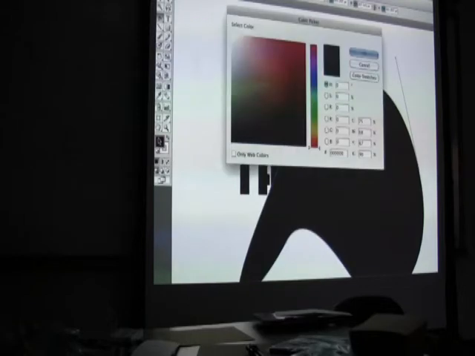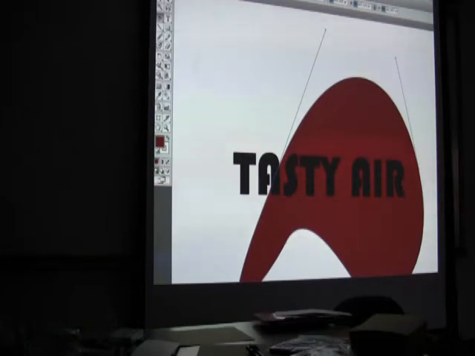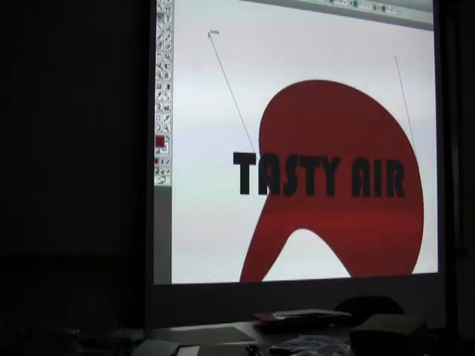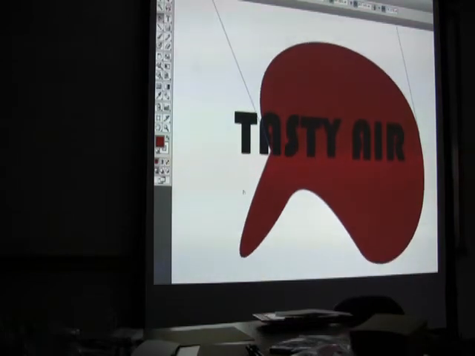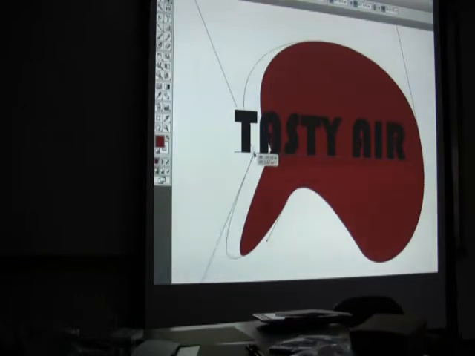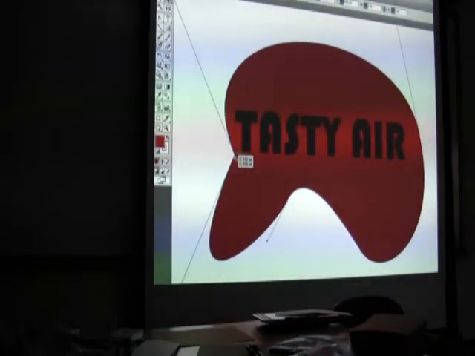I'm going to change the color. I'm just double clicking on that black. I want to get a nice dark red, which I'm really partial to. And I'm going to reshape it until it sort of gives me a feel of some kind of graphic